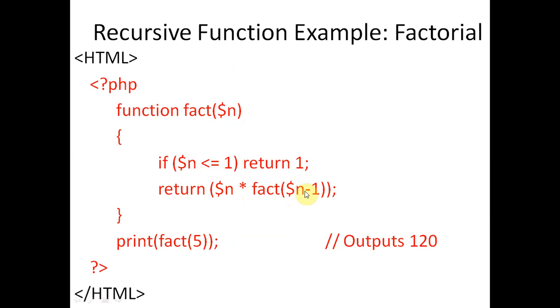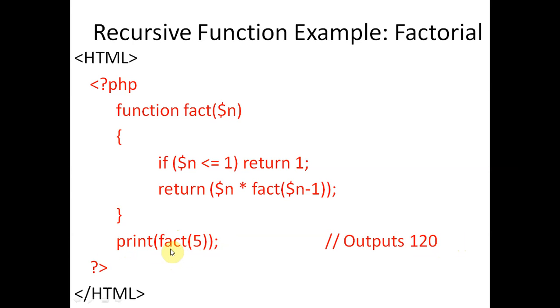So 5 multiply factorial 4, and next time again it will run, again it will be 4, and 4 is not less than 1. So then 5 multiply 4 multiply factorial 3, then accordingly 5 multiply 4 multiply 3 multiply factorial 2. So accordingly it will calculate the multiplication of numbers up to 5. So finally it will display the output 120. So we are writing here print factorial 5. By this statement we can write echo, as well as print can also be used here. So print factorial 5.